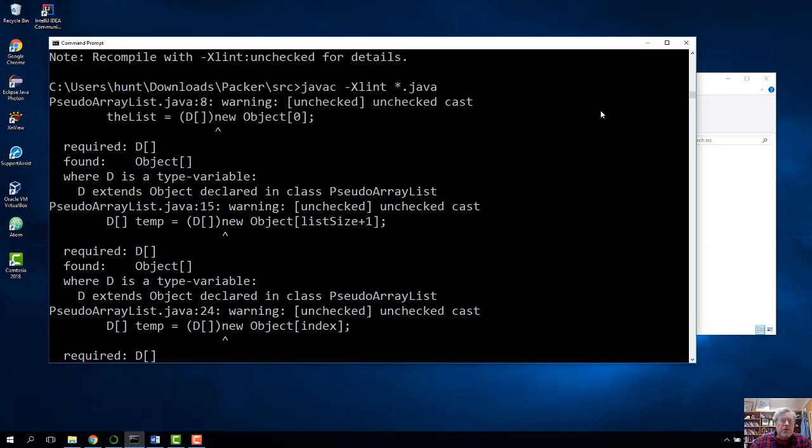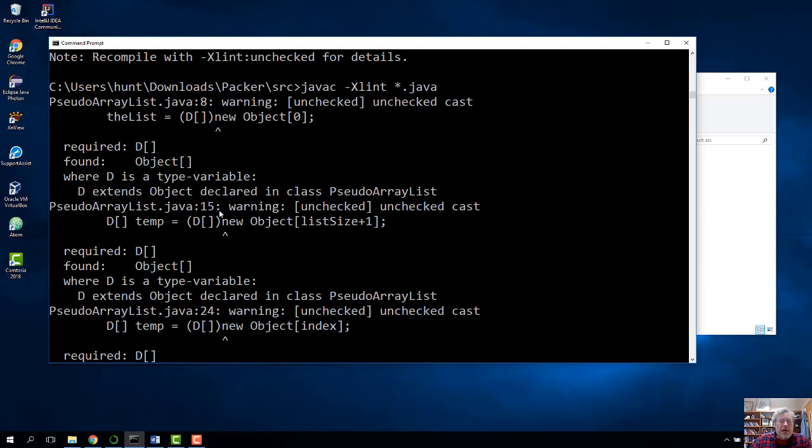Now you'll notice that what's going on here is that I'm doing a new on an array, and it's going to give me an unchecked cast. You'll recall in class we explained how we aren't allowed to do a new on this generic of D for an array, which we should be able to do, but we can't. And so there's no way to get rid of this warning. And so this warning, you're going to have to live with it,